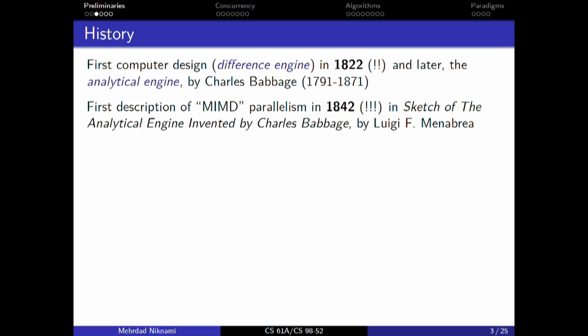The first description of that kind of parallelism was by Charles Babbage back in 1842. But the first theory of computation in general was by Alan Turing,